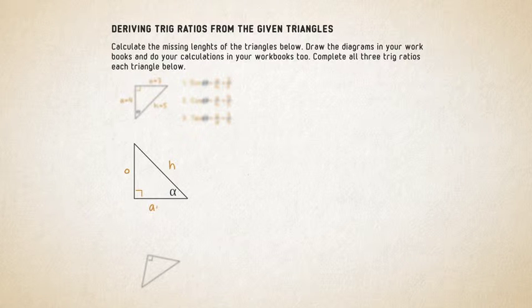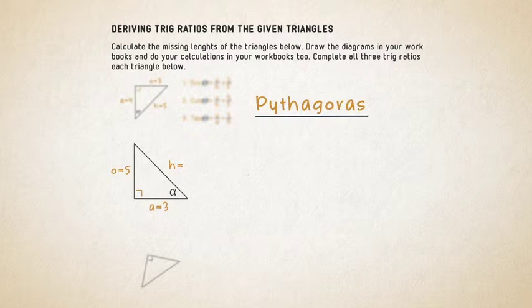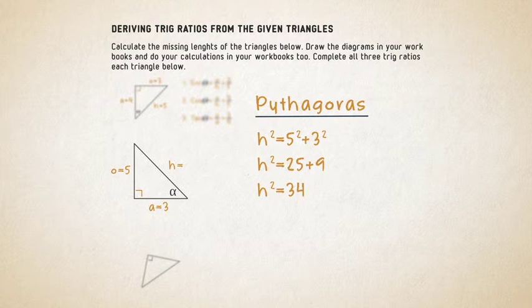So let's say we had 3 for adjacent and 5 for opposite. We could calculate the hypotenuse using Pythagoras. So the hypotenuse in this one would say 5 squared plus 3 squared. So our hypotenuse squared would be 25 plus 9. Therefore our hypotenuse squared gives us 34 units. So our hypotenuse is the square root of 34. And that was from Pythagoras. So you will notice that every time you use a right angle triangle, you can use Pythagoras to help